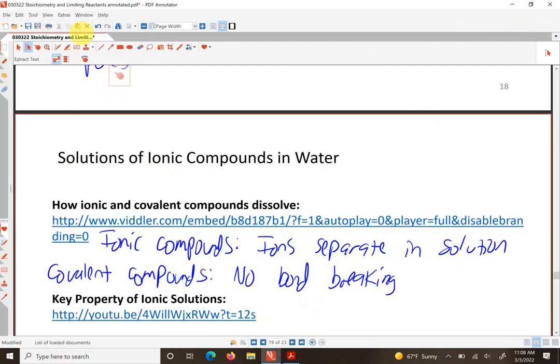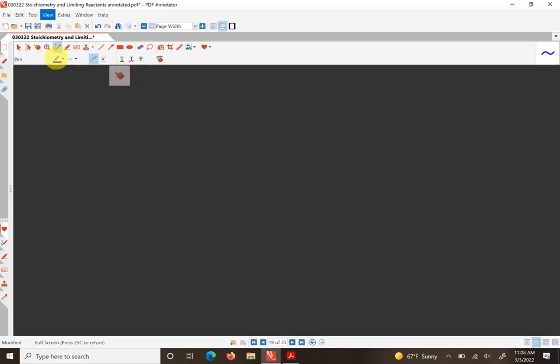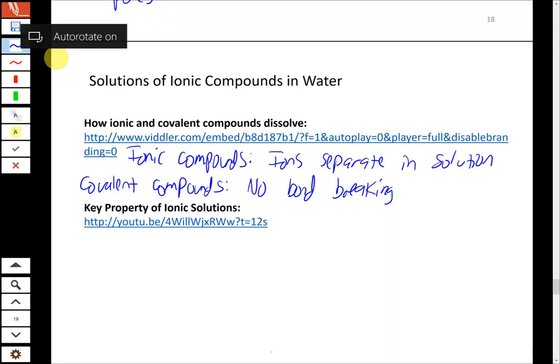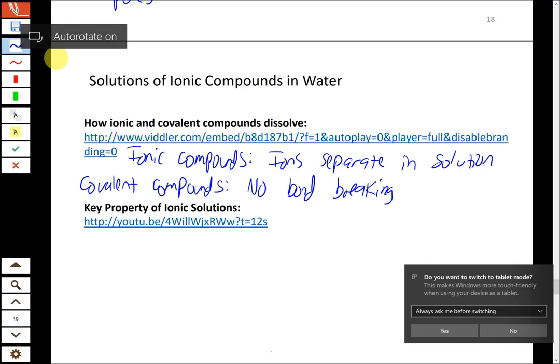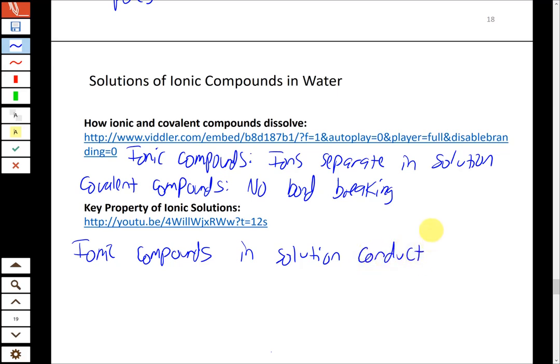So what this shows us is that depending on the type of substance you dissolve in water, you're going to have different conductivity for your solution. The key property that is distinct between ionic compounds and covalent compounds in solution is whether or not they conduct electricity. So ionic compounds and acids in water conduct electricity. He did sodium chloride, he did some acids like HCl, and he did a base, sodium hydroxide, which is also an ionic compound. So ionic compounds dissolved in water conduct electricity,